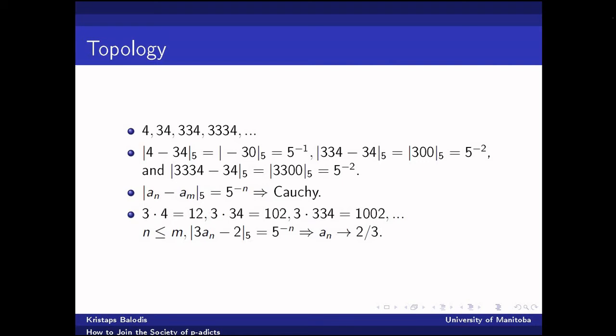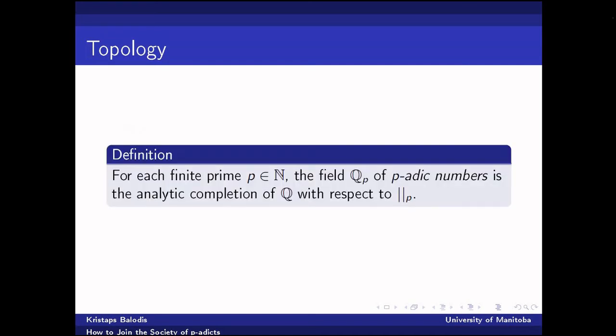So this is, again, something you kind of have to get used to. In our regular Euclidean norm and Euclidean metric, this sequence clearly grows without bound and diverges. But remember, the p-adic metrics are measuring things differently. They're measuring things by divisibility. And in this case, this number actually converges to the ratio 2/3.